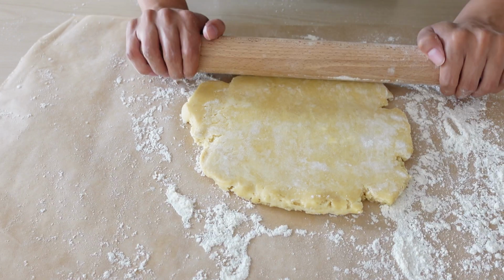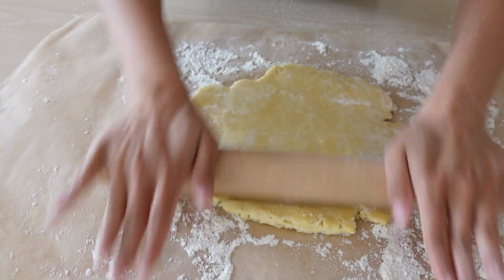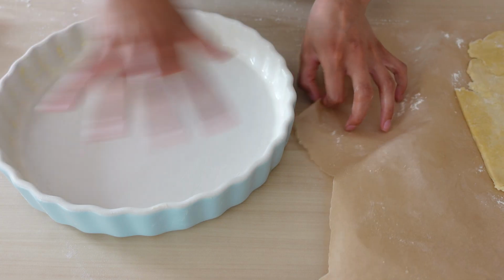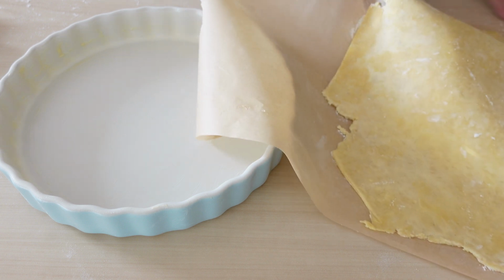So it is slowly becoming a bit more pliable, and I'm able to just roll it a little more, and I'm just giving it the odd turn here and there. If you feel at any point like your dough is starting to warm up, stick it back in the fridge for around 10 minutes. I've greased it with a little butter,